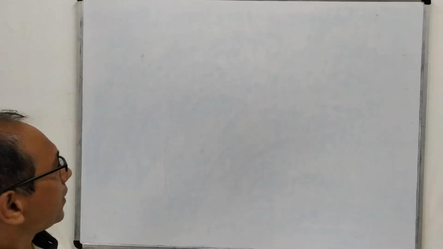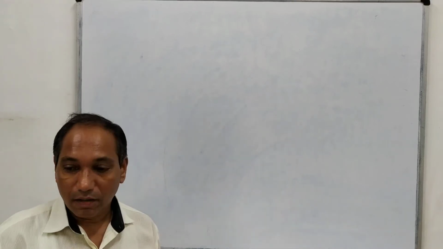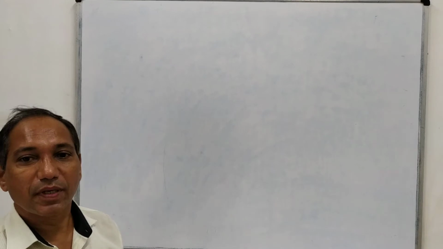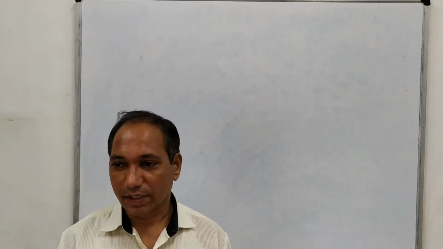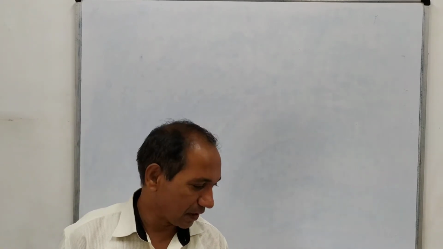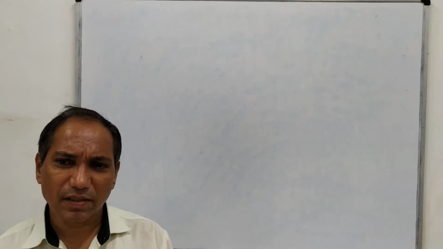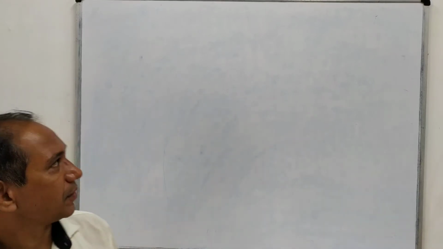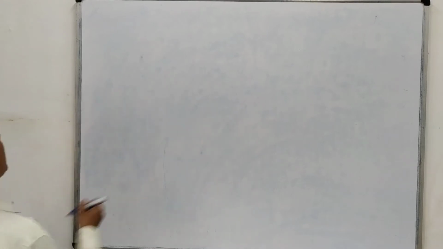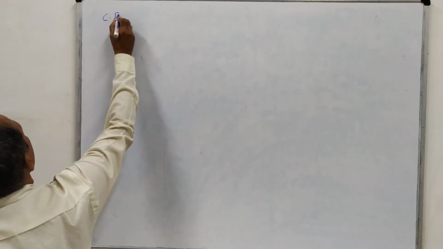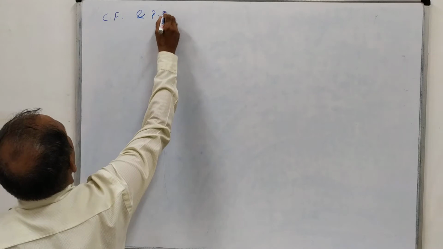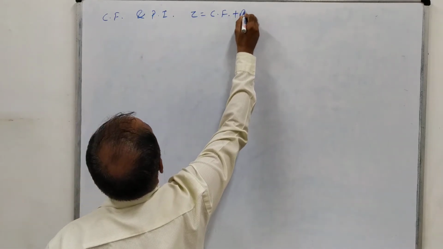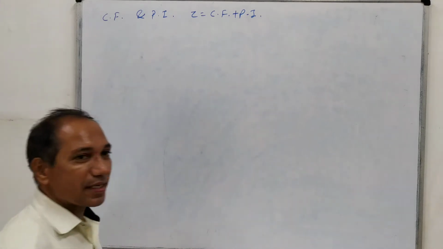So students, in the last lecture we have seen how to find out the particular integral of a homogeneous partial differential equation. There we have also seen simultaneously the procedure for finding the complementary function. As I told you, we need to find the two solutions, CF and PI, and then the final solution can be written as Z equal to CF plus PI. Okay, there we have seen some examples.